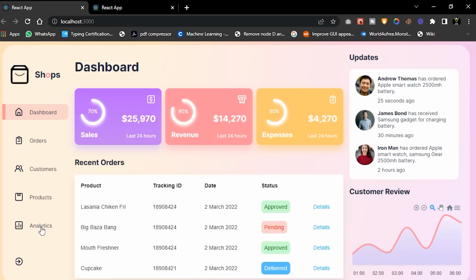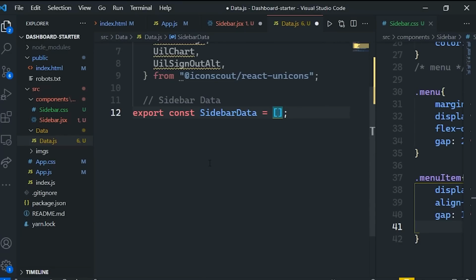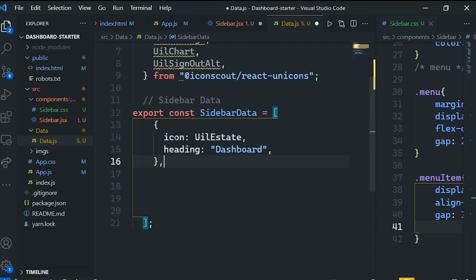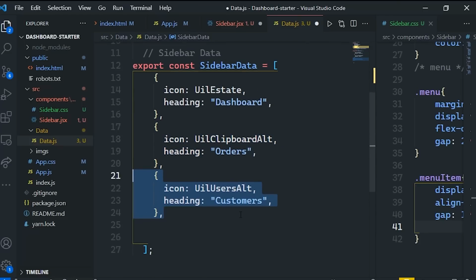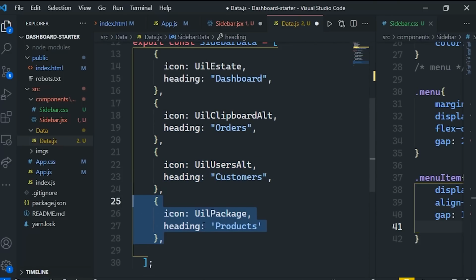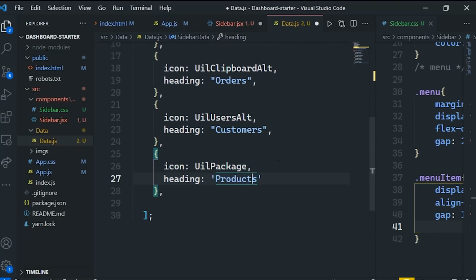So it means every object for the menu item will have two components. The first component will be the icon and the second component will be the heading of the menu item. Similarly, I will make many more objects inside this array for the different menu items, like this one for the orders, this one for the customers, this one for the products. Okay,